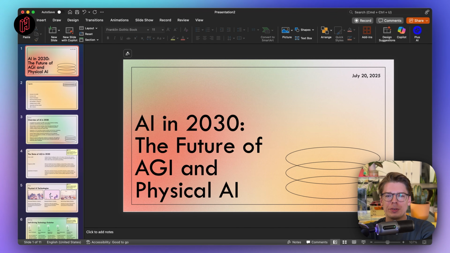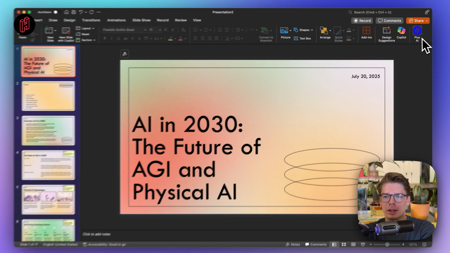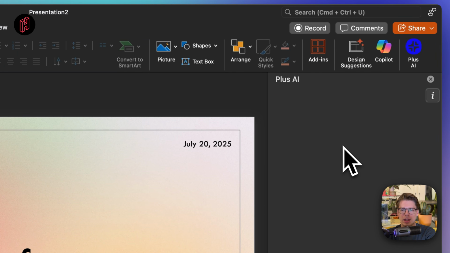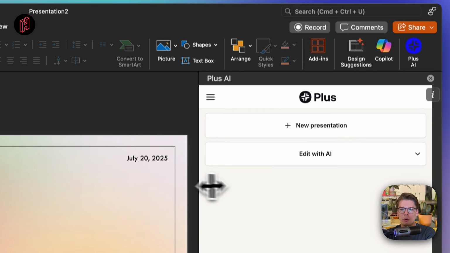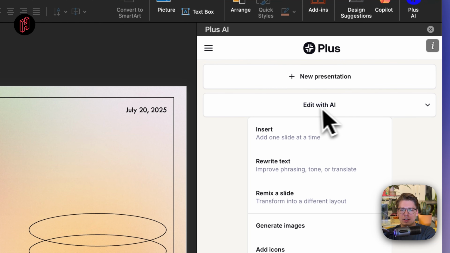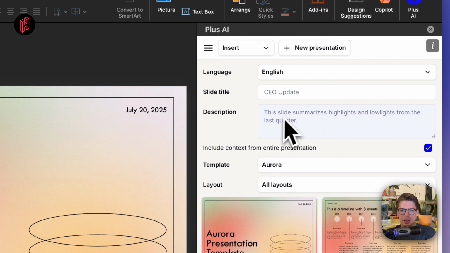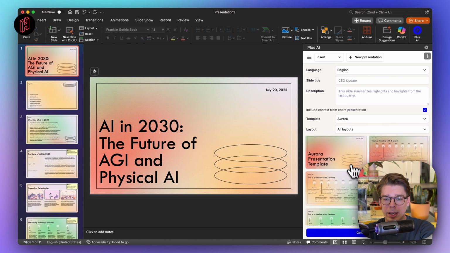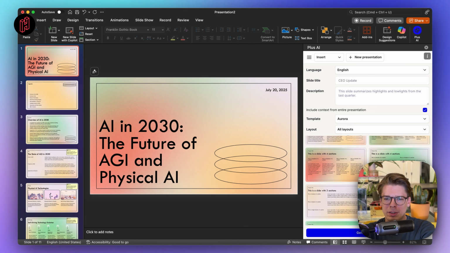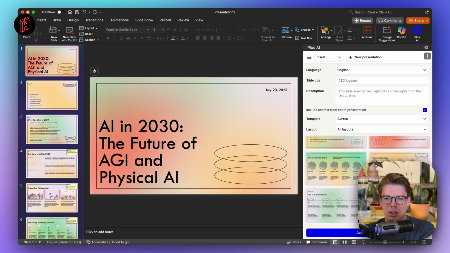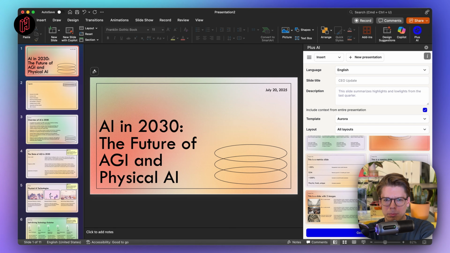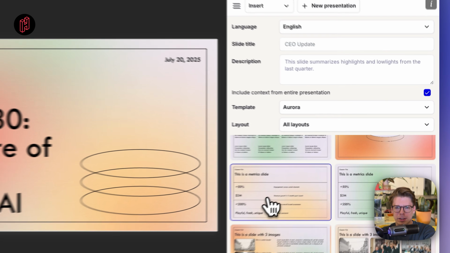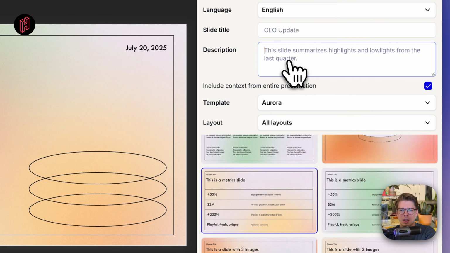So what we can do now is keep working on this presentation with Plus AI. Again, we click on Plus AI on the right side, and then we press edit with AI. Let's try to add a new slide. Here, we can select the layout of the new slide. I want to create something that visualizes some data, so let's do a metrics slide. So we press here, and then